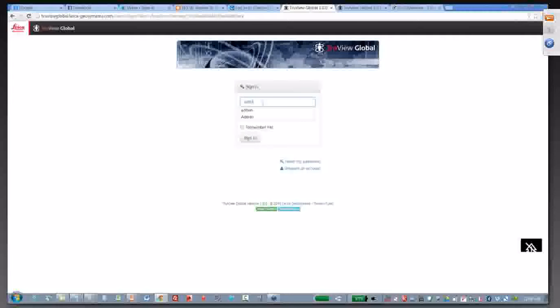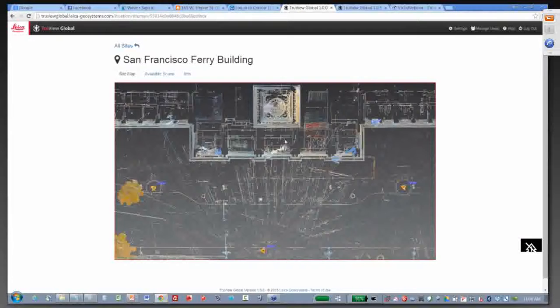I thought I was logged in already. Sorry about that. My session probably timed out. And that just lets you know that what we've got is a new user login and control. So it's a full